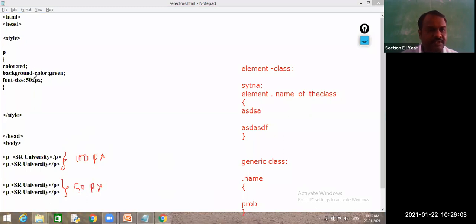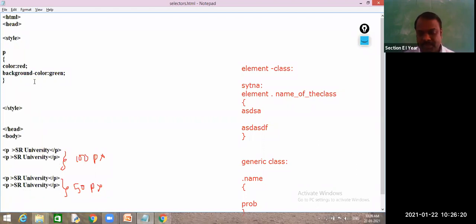If I write 50, then what happens? All of these will be applied with 50. If I write 100, these four lines will apply with 100. Then how could I solve this problem? By using classes. So I will add a class to this one. How can I add this class? Now I will go for an element class. For this P element, I need to add another class.